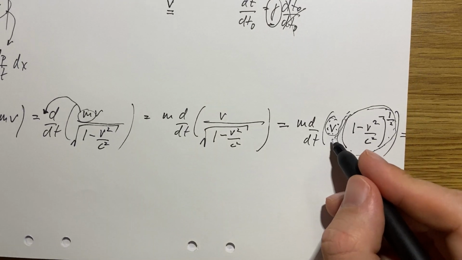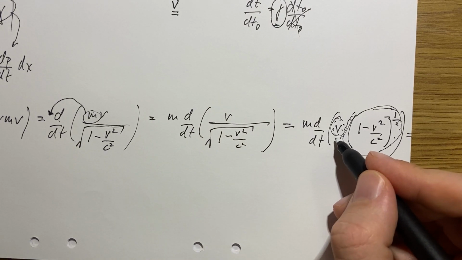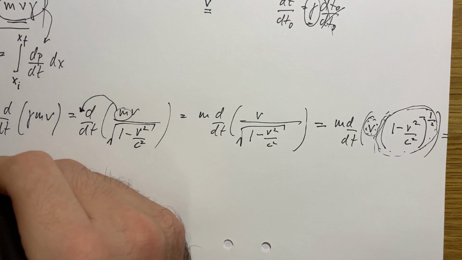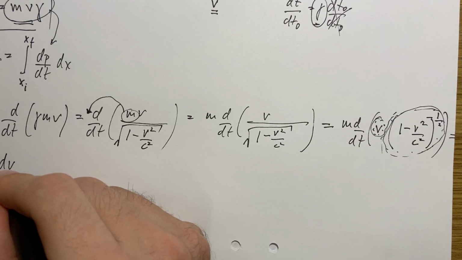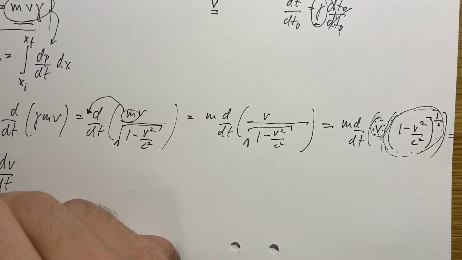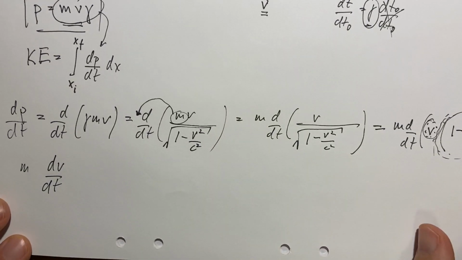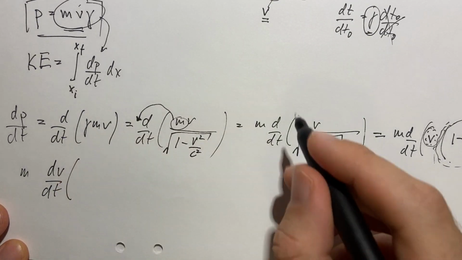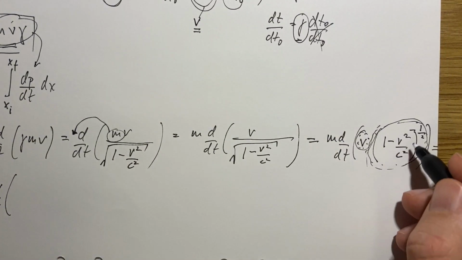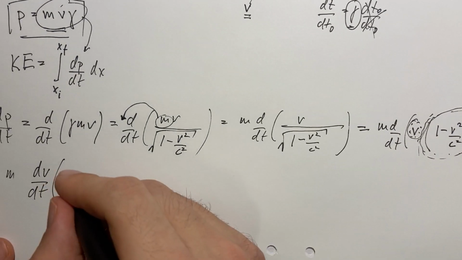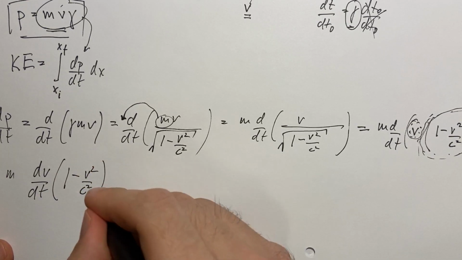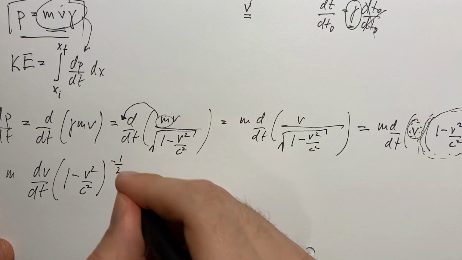So the differential with respect to time of v, well, that's just going to be dv by dt. Don't forget the m. dv by dt times, which the product rule says, times this function, right? So we just write times (1 minus v squared over c squared) to the power of minus a half,